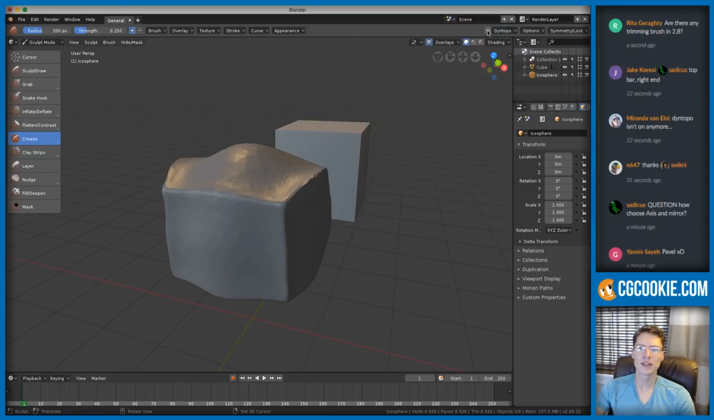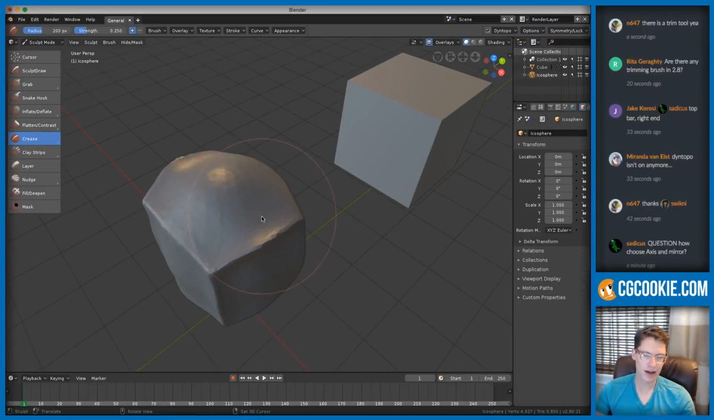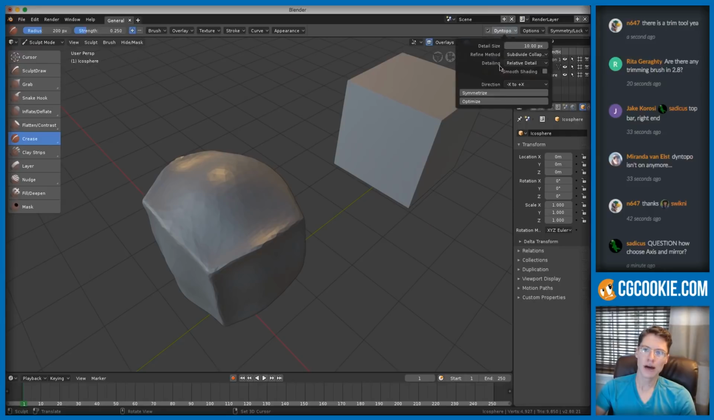Oh, dynamic topology is turned off. I don't remember doing that. There we go. So you should have seen the mesh update a little bit. It was already sculpting by default in the x direction, so that is already symmetrical. But we can also go in different directions. Let's go from negative y to positive y, which will take